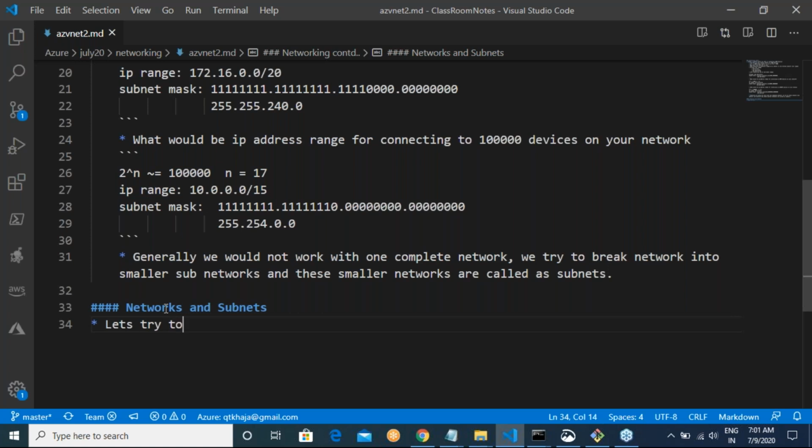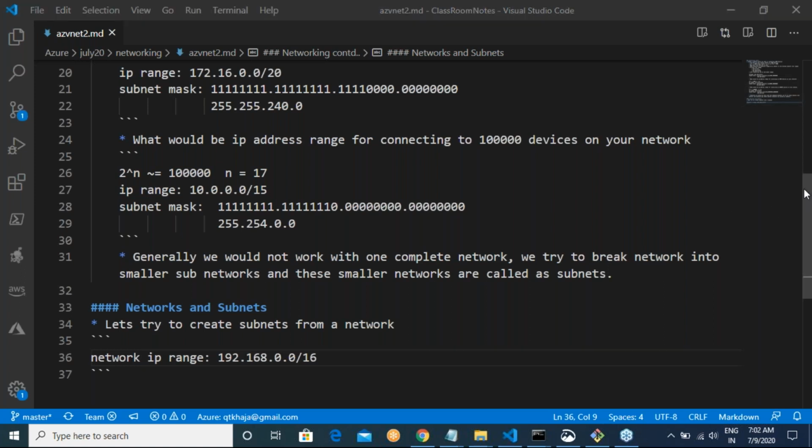Let's try to create subnets from a network. So over here, what I'm trying to tell is my IP range for my network is 192.168.0.0/16. What is this? This is my network IP range. Do we understand what that is?